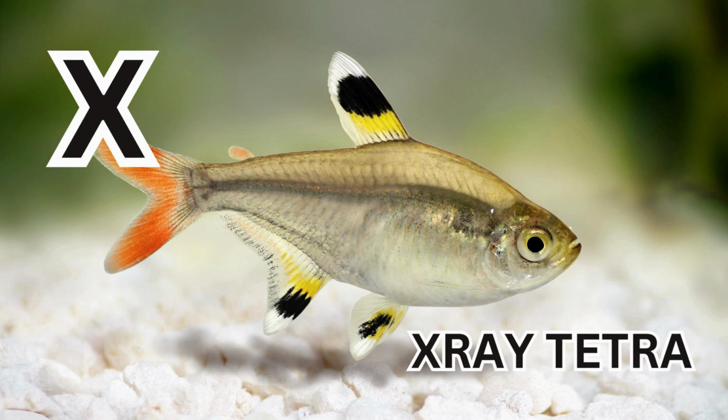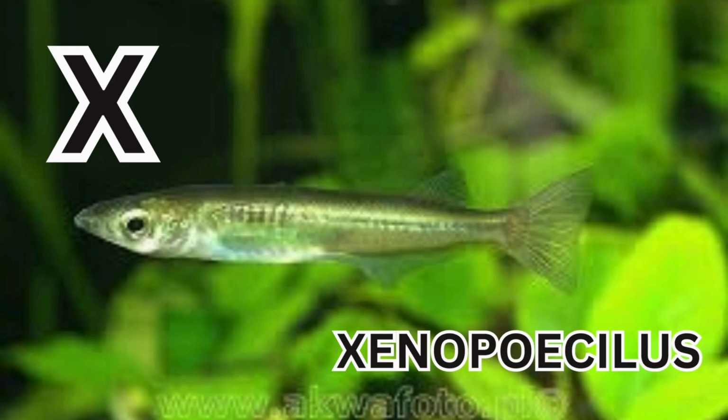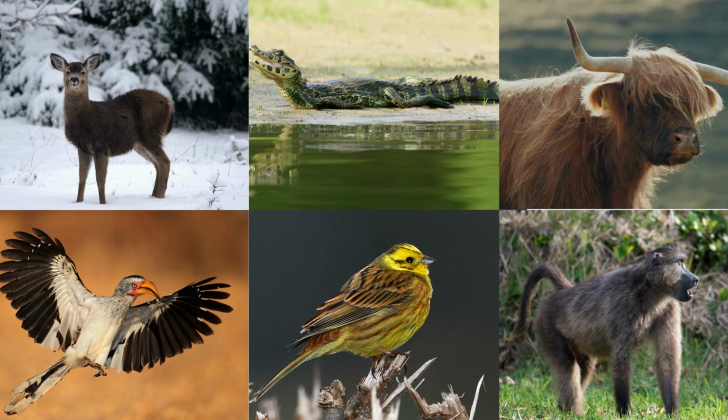X is for X-ray tetra. X-ray tetra. X is for Xanthic sargo. Xanthic sargo. X is for Xenopoeculus. Xenopoeculus. X is for Xanthus merlet. Xanthus merlet. Welcome to our colorful journey of Animal Kingdom, where we meet 10 adorable baby animals with alphabet